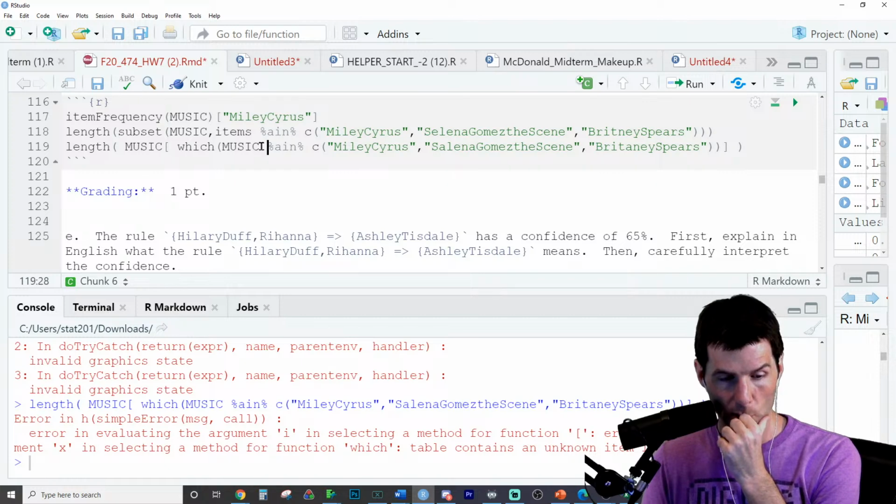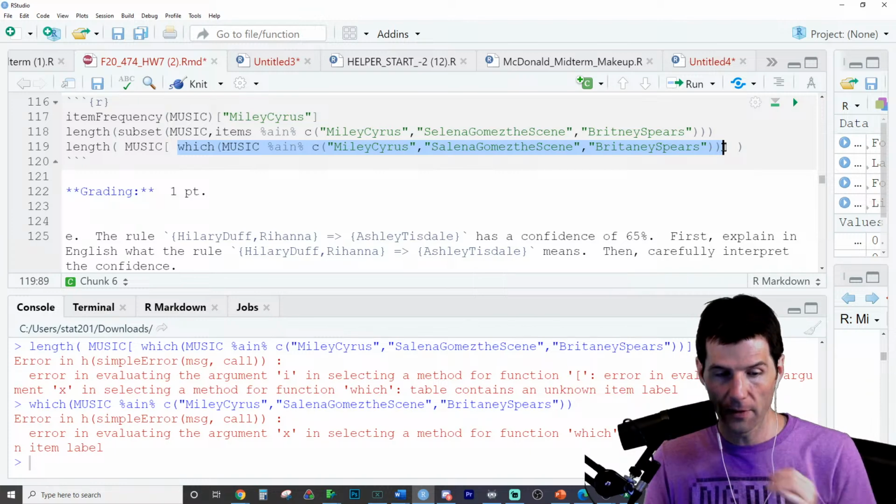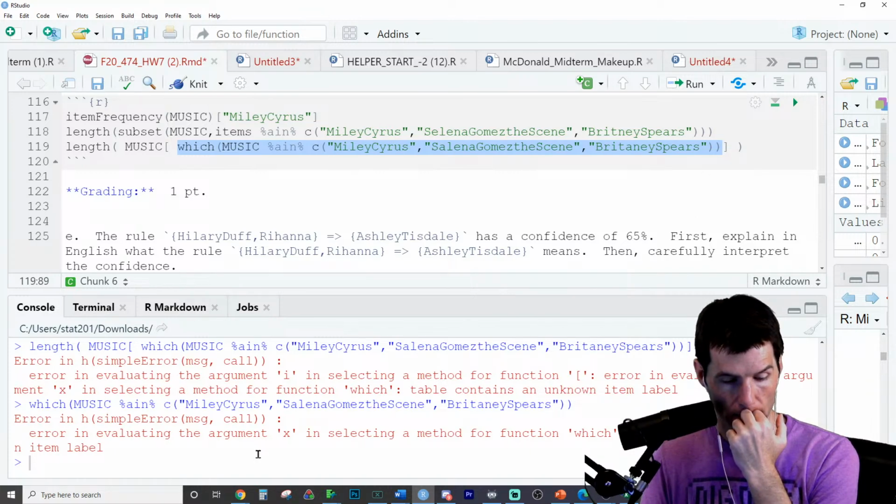So you're doing a which. So you're getting whether or not they listen to it, true or false. Is this running? It's mad about this. It says error in evaluating function which table contains an unknown item label.